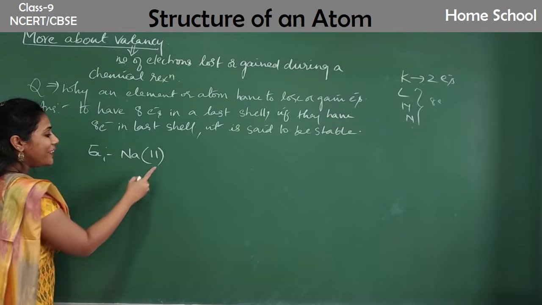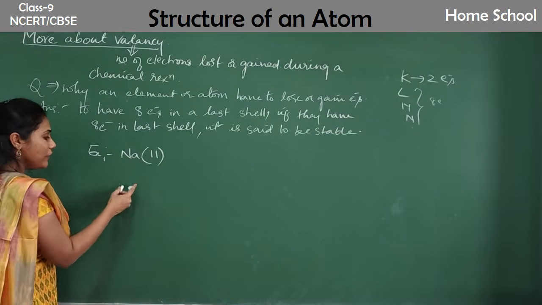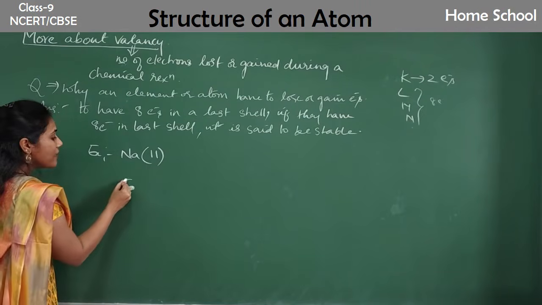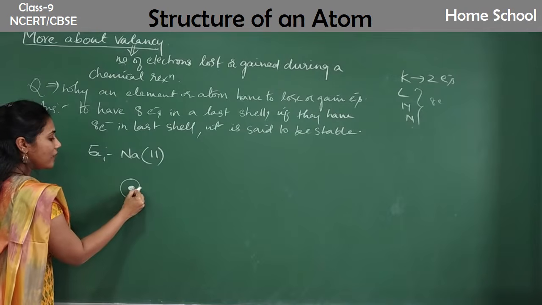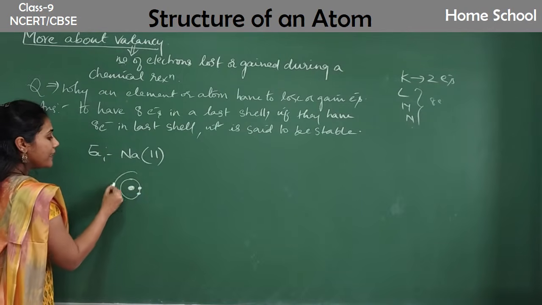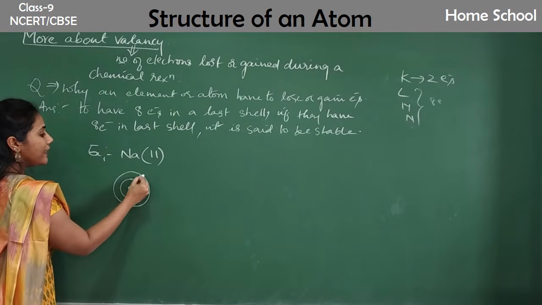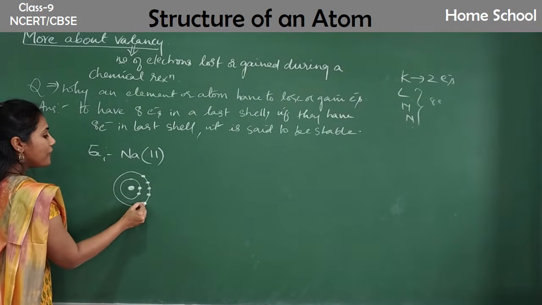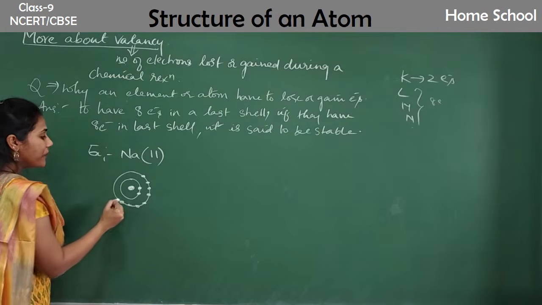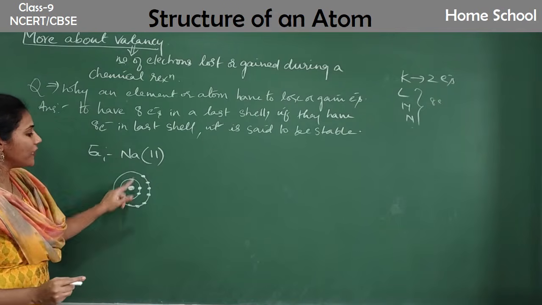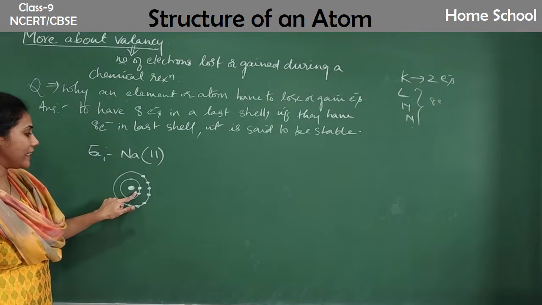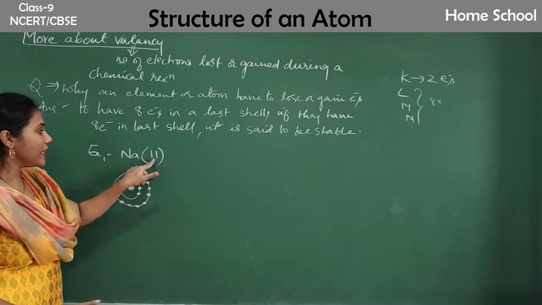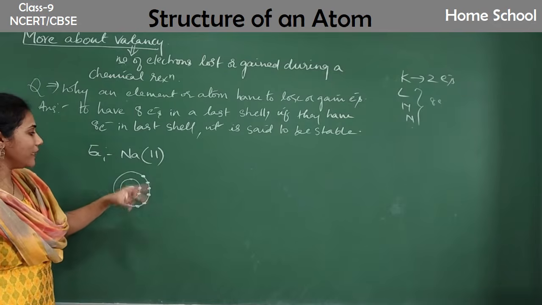If you don't remember the electronic configuration quickly, you can just put the structure and then write the electronic configuration. Clear? Say it has a first shell which is having 2 electrons. Then in the second shell, how many can it have, guys? Second shell capacity is 8. So 1, 2, 3, 4, 5, 6, 7, 8. Right? So you have shown positions for 10 electrons. 2 electrons were there in the first shell. 8 electrons are there in the second shell. Now one more electron is there, no? 8 plus 2, 10 is over.